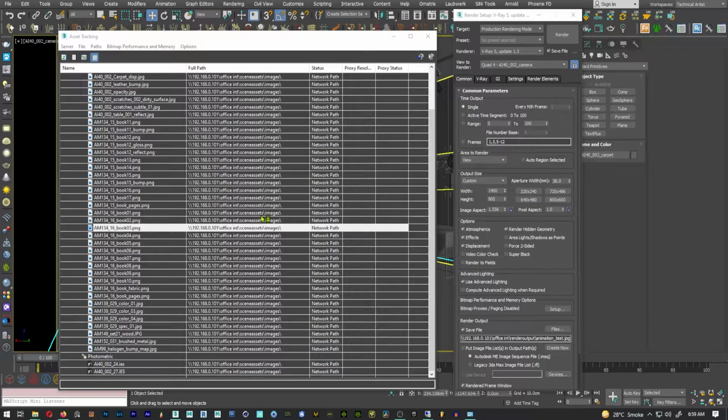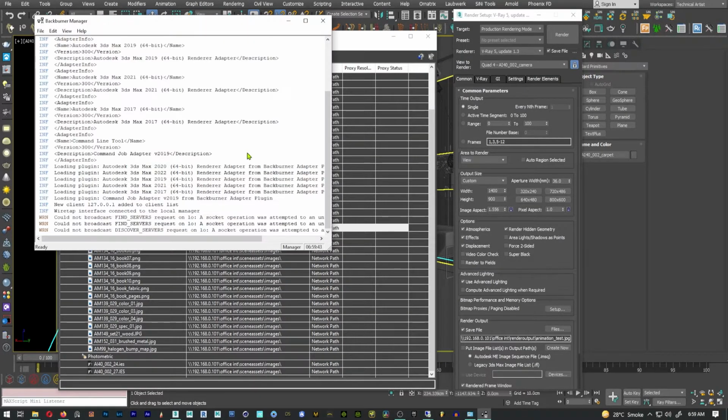I am going to go to my Windows Start menu, and I did make shortcuts of these: monitor, manager, and server. The Backburner has these three main core programs, and the first thing you want to be clicking on is the manager, because the manager manages jobs, as the name suggests.